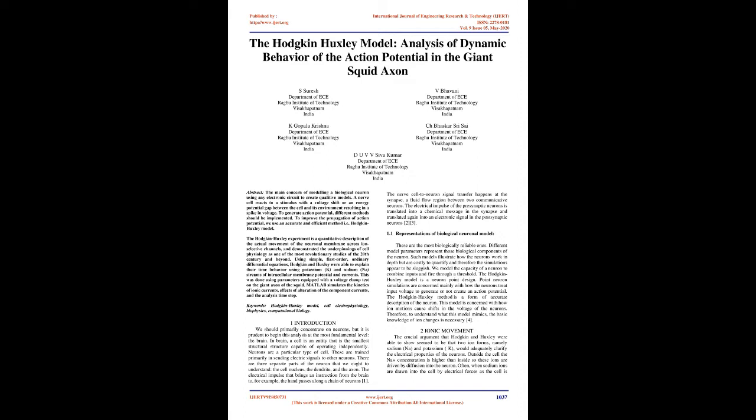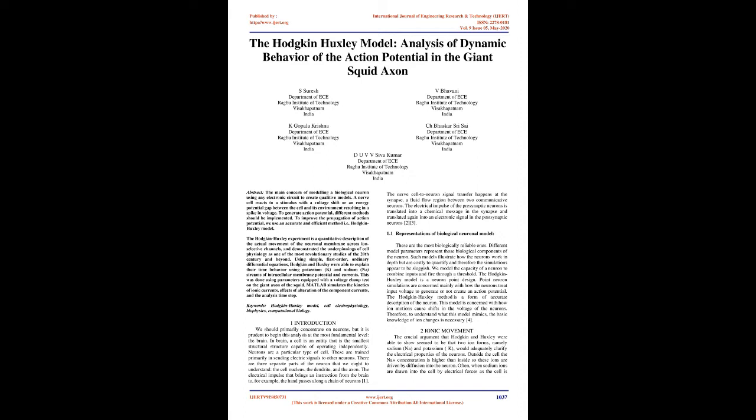Neurons are a particular type of cell. These are trained primarily in sending electric signals to other neurons. There are three separate parts of the neuron that we ought to understand: the cell nucleus, the dendrite, and the axon. The electrical impulse that brings an instruction from the brain to, for example, the hand passes along a chain